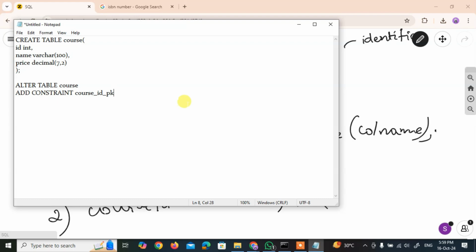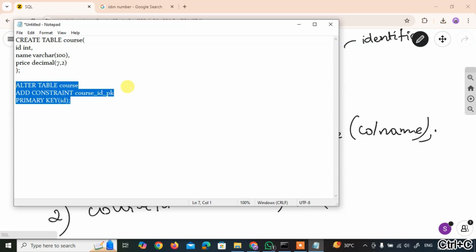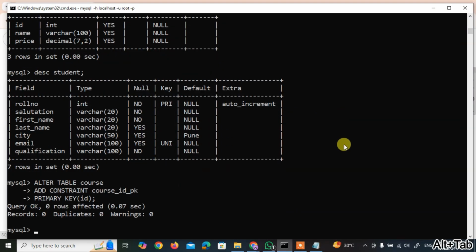Okay, so the table name is course. The column on which I'm going to give the primary key is ID, and because it's a primary key, I will say PK, right? After that, I would say primary key, and in the brackets, I would say ID. So with this, we will be able to add the constraint.